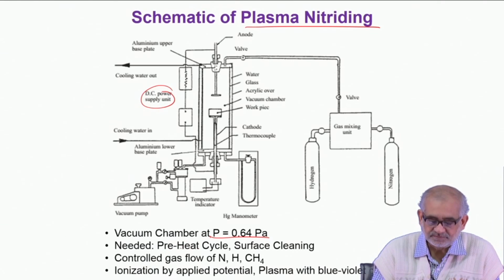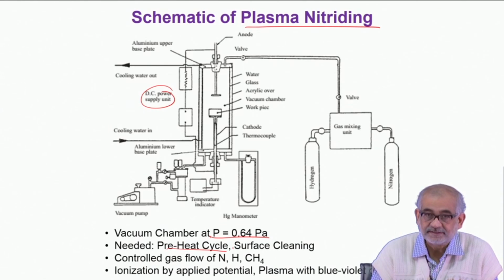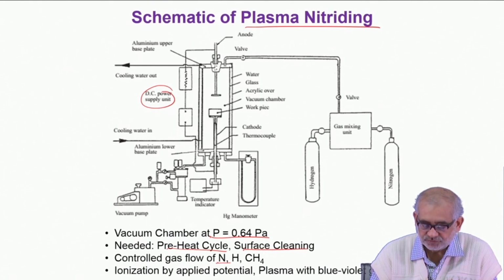We may need a certain pre-cleaning cycle to remove the thin oxide layer or other contaminants from the surface, and then we allow flow of gases, usually nitrogen and hydrogen, at times also with methane, and application of electric potential